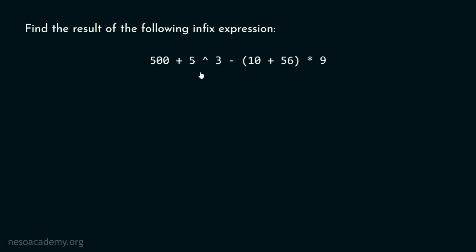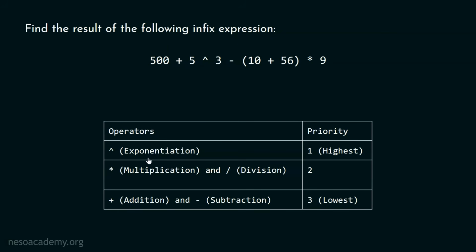I hope you're done. Okay, let's move on to the solution. Again, I've shown this table over here for the purpose of reference. We know that exponentiation should be performed first, but here we have parentheses. Let me tell you, parentheses have the highest priority. Please remember this. Parentheses have the highest priority. So first, we know that addition has the least priority among all these operators. But as we can see, 10 plus 56 is within these parentheses. Therefore, this expression will be evaluated first, no matter what. Okay? So parentheses have the highest priority and we must always remember this. That's why 10 plus 56 will be evaluated first, even before this exponentiation.